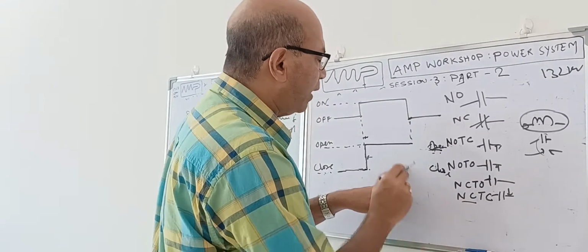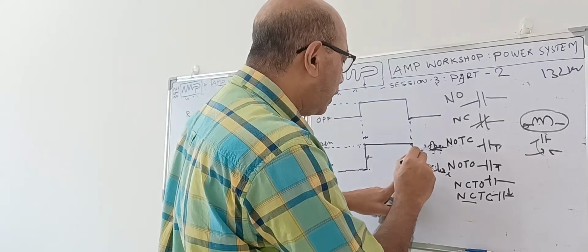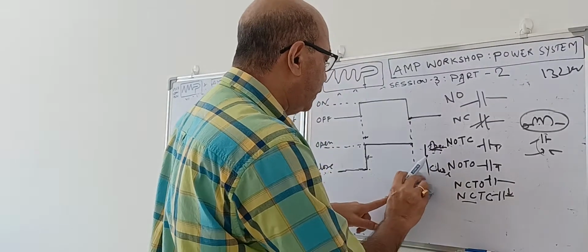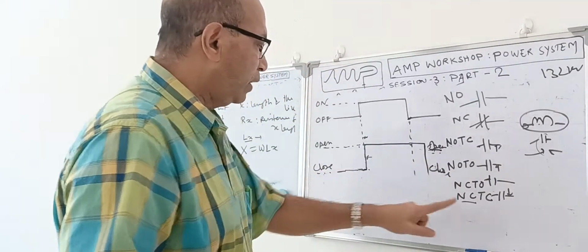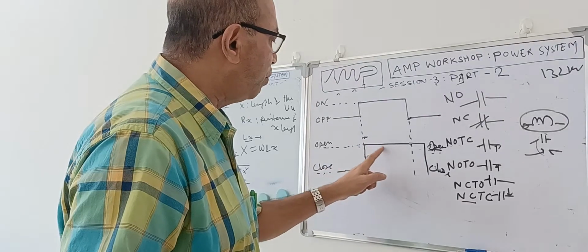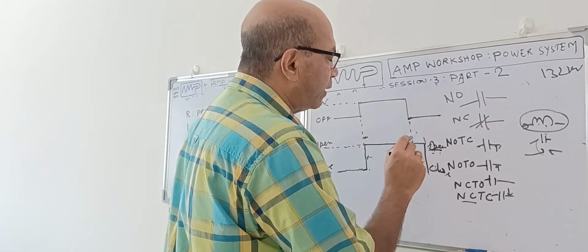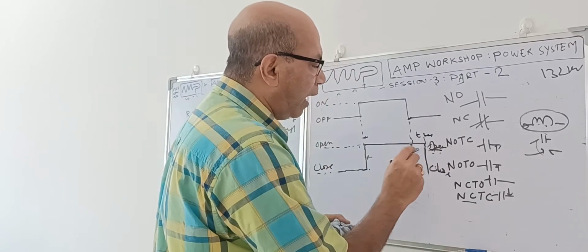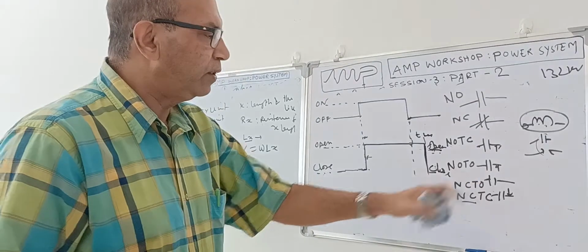It will take some time. Suppose this is where the power supply goes off; it takes some time, and only then will it come back over here. That means the contact will maintain this open position. From the initial closed position, it goes to open, and it will maintain the open position even after the power to the coil is cut off, depending on the time, t seconds, as you give the delay. After that, the contact comes to the original closed position. This is called an NCTC contact.